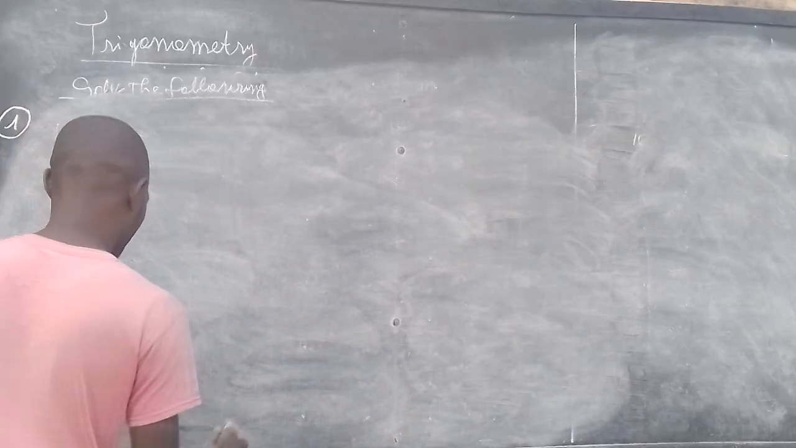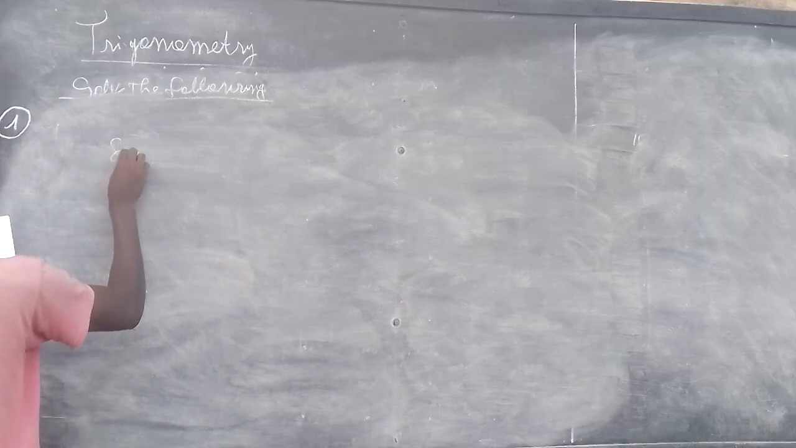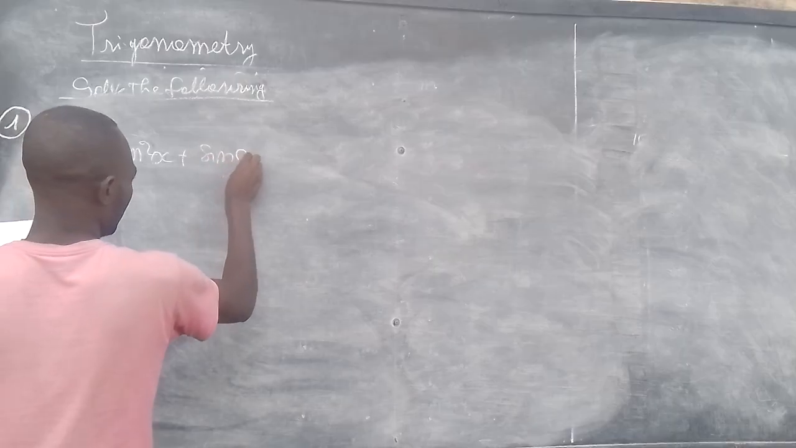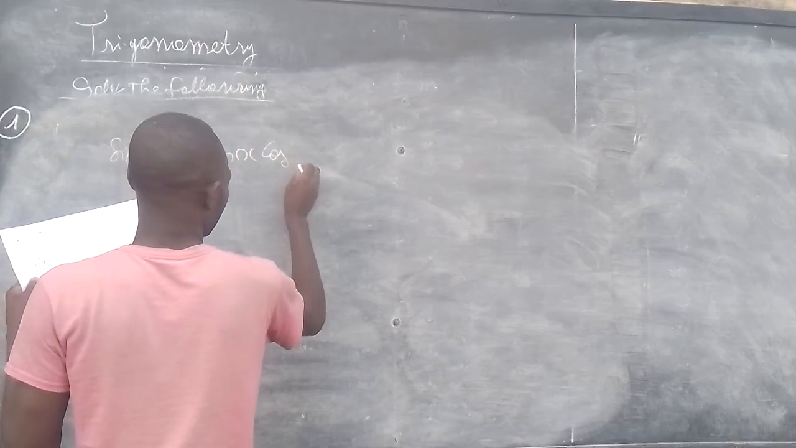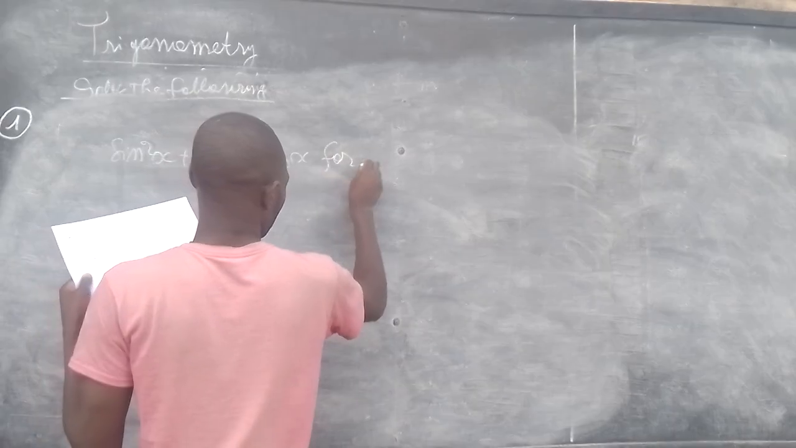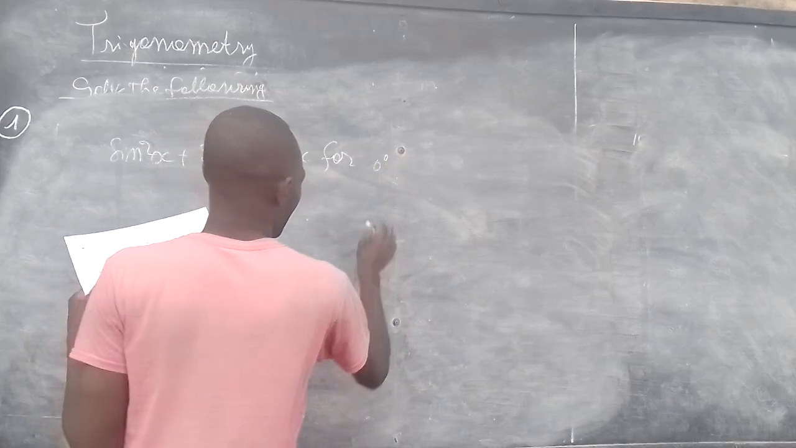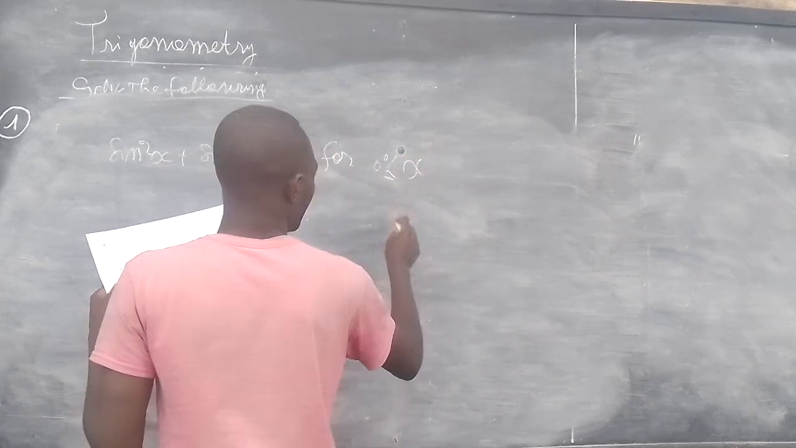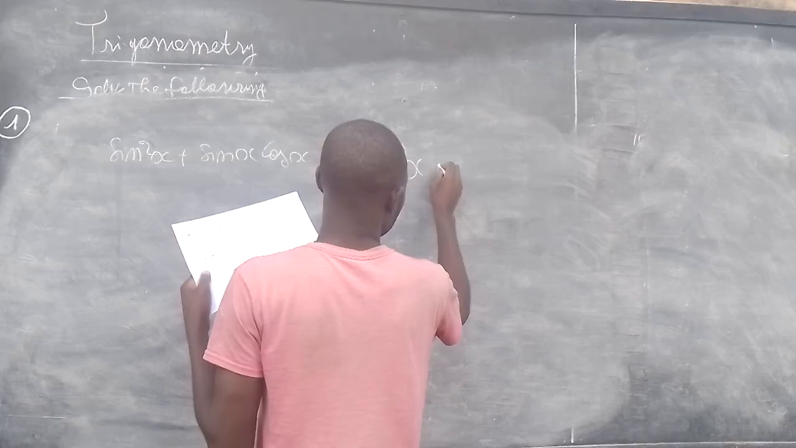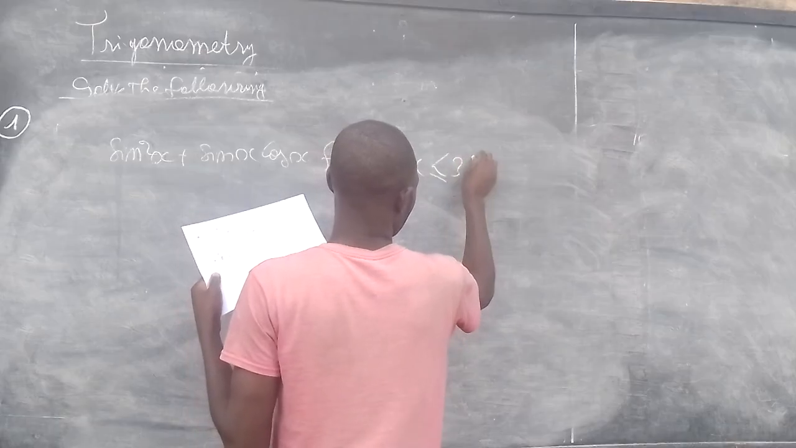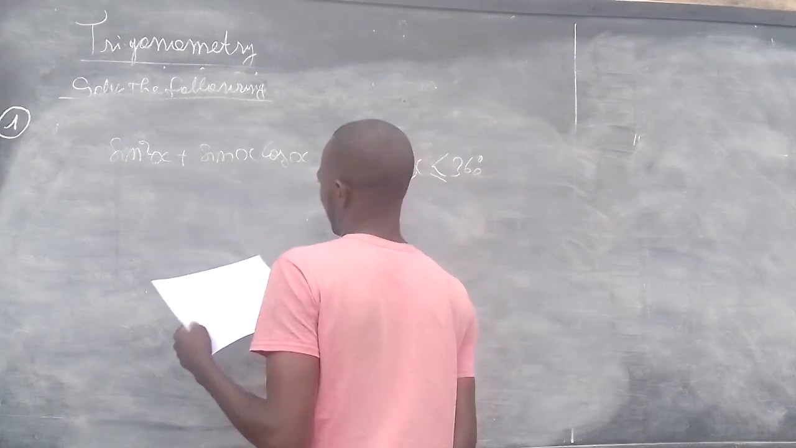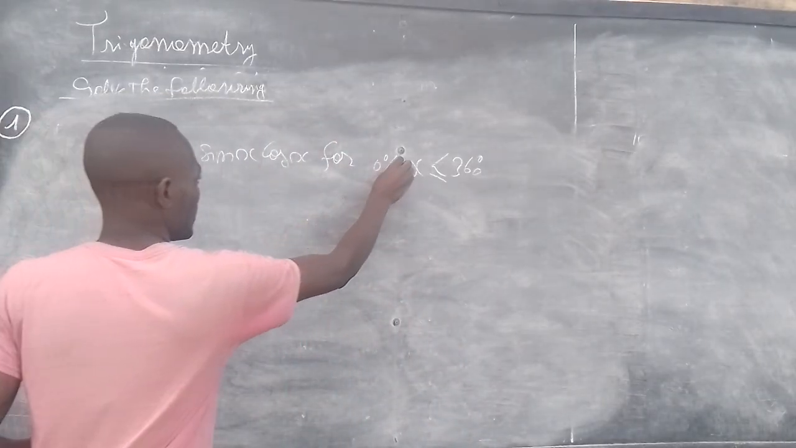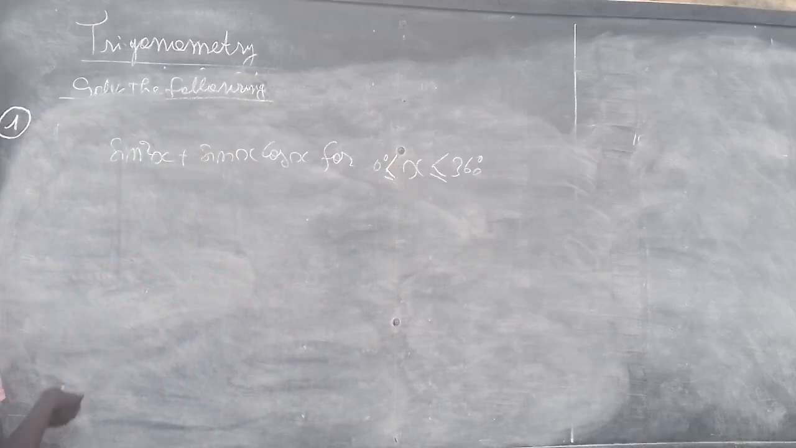The last one, which is sine squared x plus sine x cosine x equals 0 degrees, where x must be between 0 degrees and 360 degrees. So let's solve for the last. This is the last question. So here we have